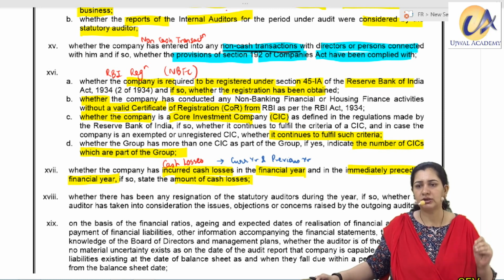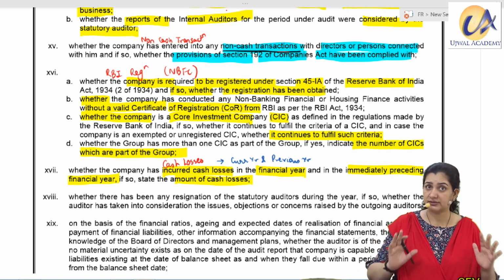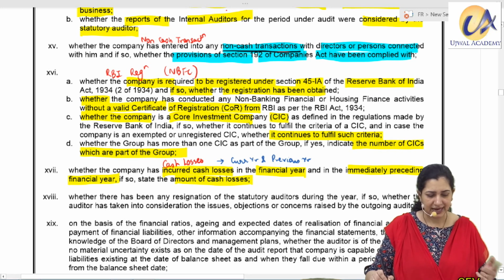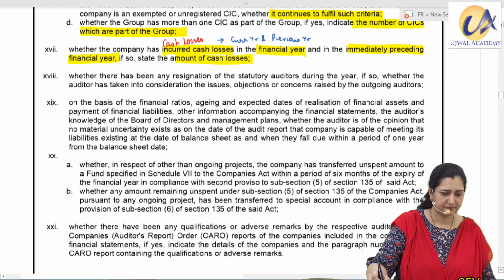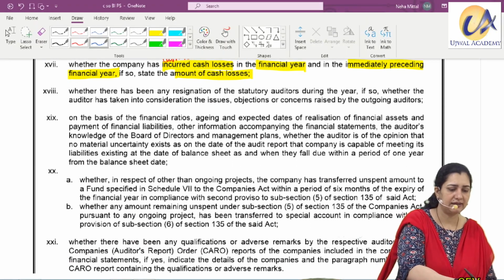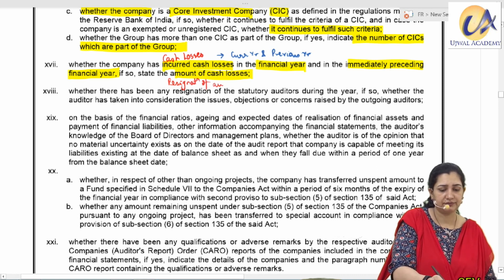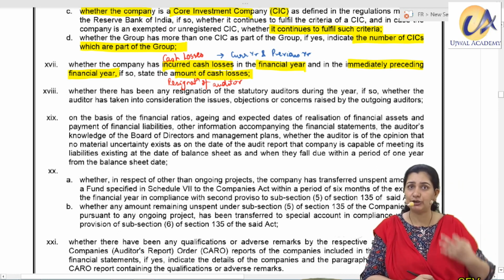So current 2 years consistently are making losses, cash losses, we need to report it. Not just loss. Okay, it's cash loss. Be careful. Then NRCR. One more R is there. This R deals with resignation of auditors. Special point on resignation of auditor. So if you are a new auditor who has come in place of a resigned auditor,